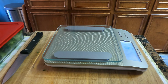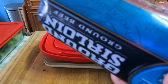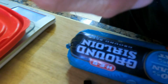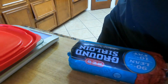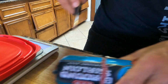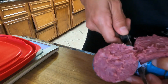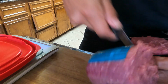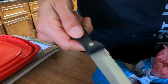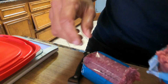So, pretty simple. Put the lid on, zero it out, and then I just chop. This knife sucks. I don't know if y'all remember the Ginsu knife. This is a Ginsu knife. I don't even know where I got this from. I got like a little collection. They're supposed to be the sharpest knives. This knife is no longer sharp. So anyway,